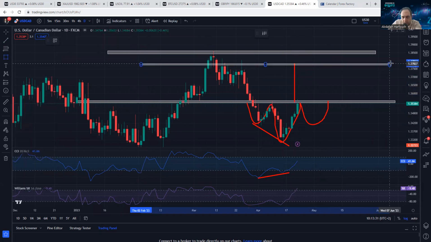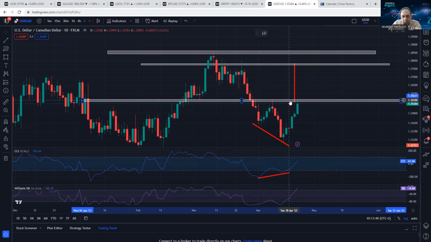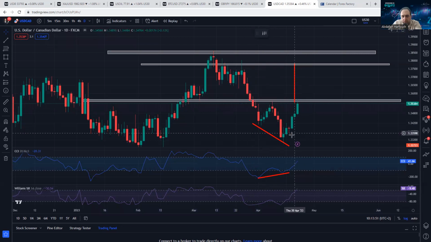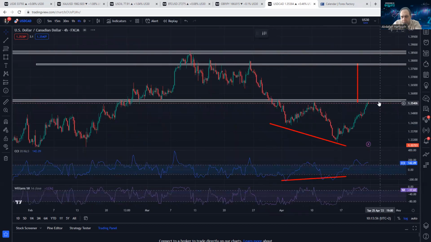Yeah, for the US dollar against the Canadian, the Canadian is getting weaker. So we will see what will happen. This will be a nice option, inverted head and shoulder after all this move down. At the same time, if we hold this and continue this push on the 4-hour, I think we should see some retracement. Personally, it was a big push up, USD CAD pushed almost 250 pips, 230 pips one way.